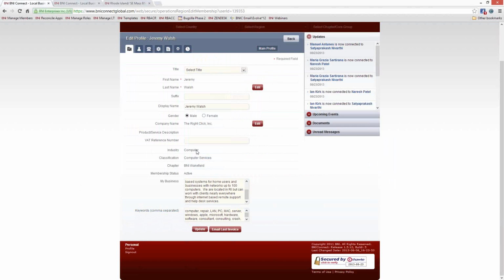So for example, you might have an industry of accounting and a classification of bookkeeping. You may also want to put bookkeeper into the keywords. You may want to have accountant as well as accounting